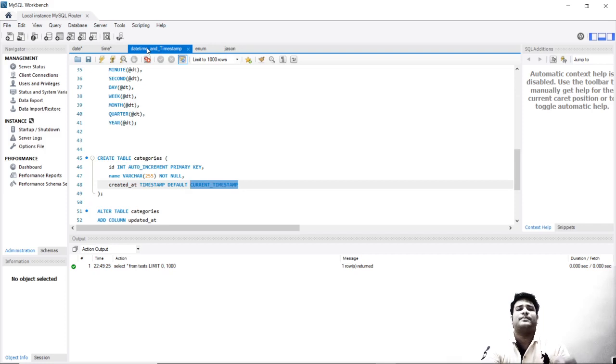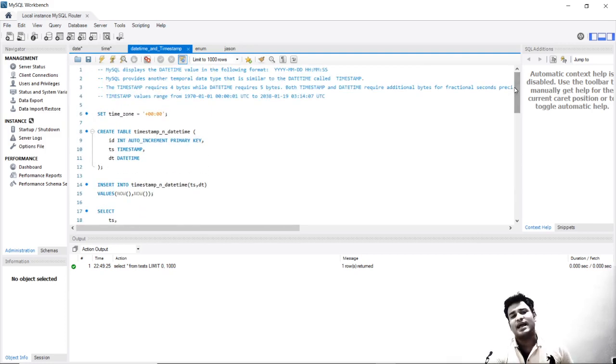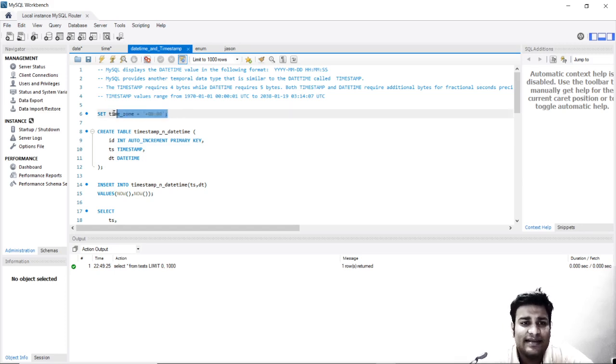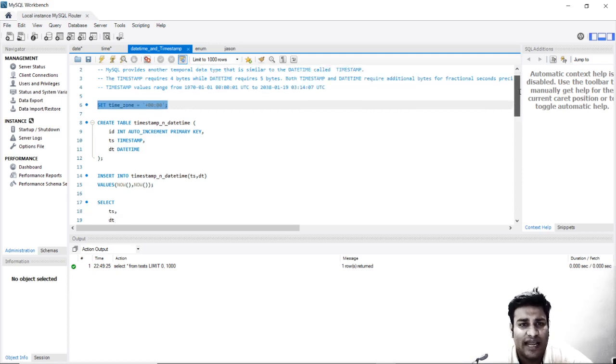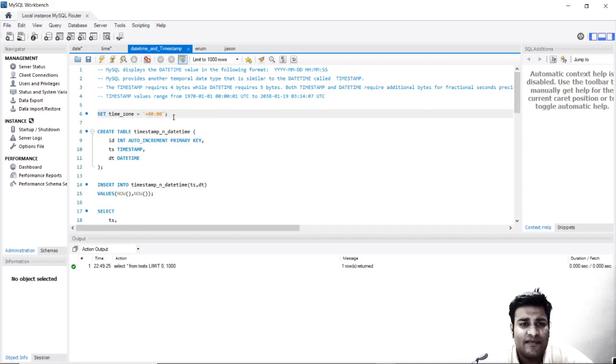Again, date, time, and timestamp. Date and time were separate data types, and when we combine them, in business use, date and time separately do not make much use, and we do not use them a lot of the time. We actually use datetime and timestamp. Majorly, I have always used timestamp. Both of them are actually very similar. The only difference between them is the time zone. The time zone does not have any effect on datetime, but yes, it has an effect on timestamp. So this is the time zone. We have Greenwich time zone. There are various time zones, but datetime picks up the time as per your system.